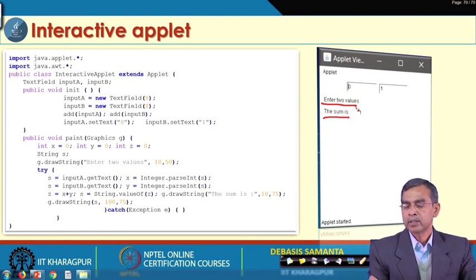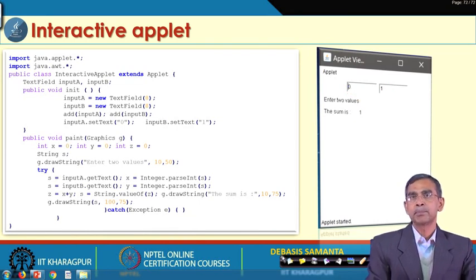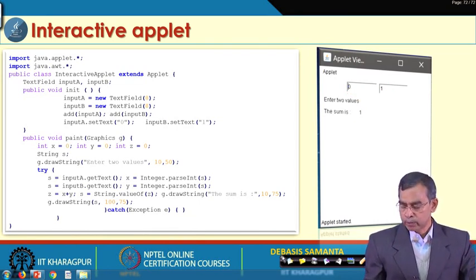You can give a prompt. So, if the user enters two values, they can give the value from the keyboard, typing the keys, and then one value will be there and another value will be there. So, this goes on typing, and once it is typed, press enter, and then once the two values are filled there, the sum will be displayed automatically. For example, if I put 5 and 6, then 11 will be displayed. So, this is one simple example of an applet that we are going to have.